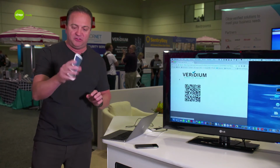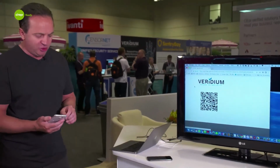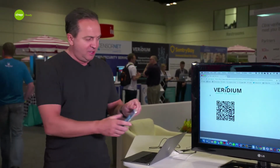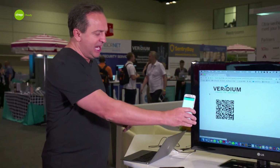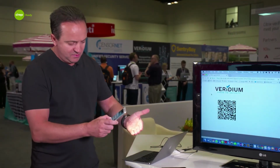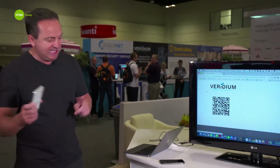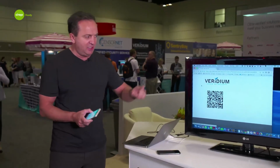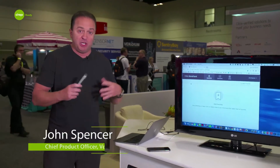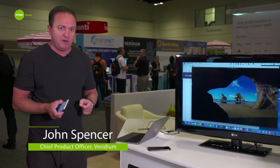In this particular instance, I'm going to be using an Android phone to prove that we have a capability across platform. We have the same authentication app on the Android phone. I open it up, I scan the QR code, I hold my fingers in front of the phone, they're authenticated, they're validated against our Veridium ID server, and this will authenticate me directly into Storefront without me putting a username in, without me putting a password in, and without me using any token-based